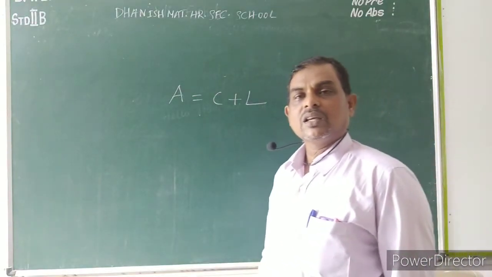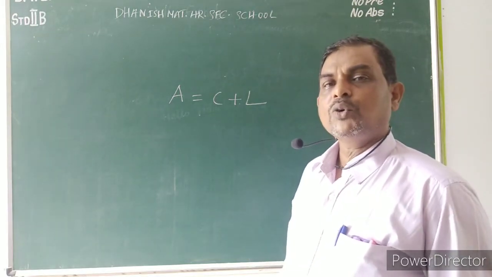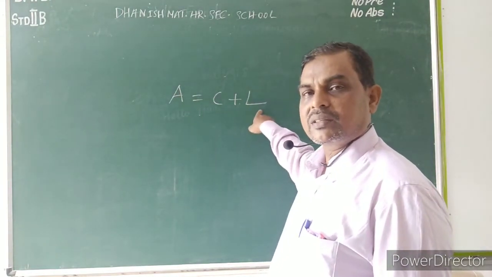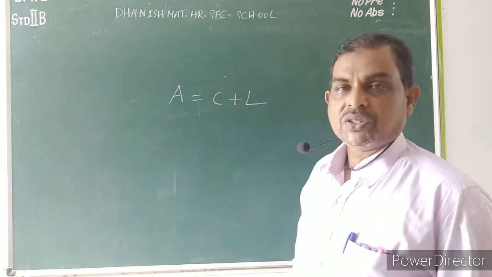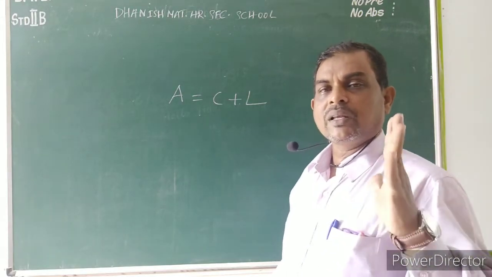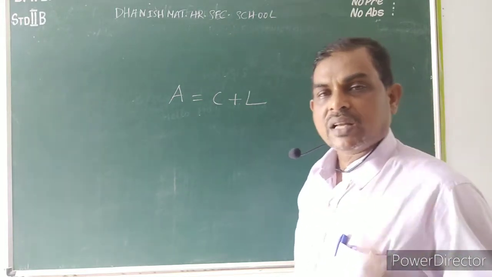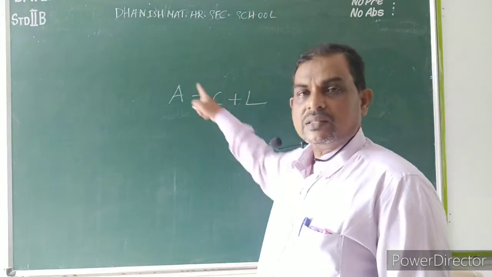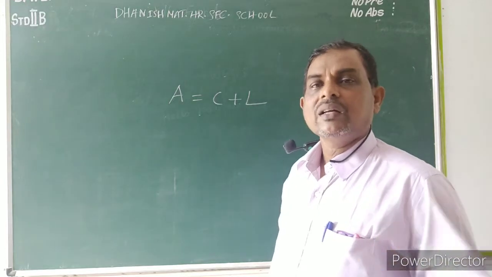Based on the equation, I have taught you many sums. Now the same formula we have to prove. What is the accounting equation? Assets is equal to capital plus liabilities. We have to prove this equation with the help of the given transactions. They will give business transactions of a particular month. For example, in the month of October, they will give 5 or 6 transactions. So we have to prove this equation, assets is equal to capital plus liabilities, with the help of the given transactions.